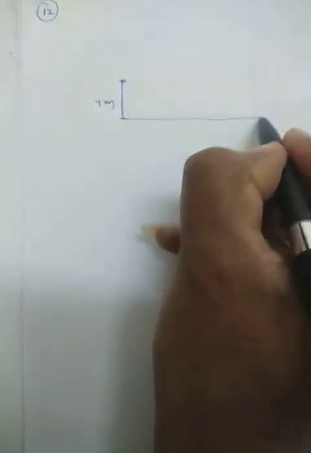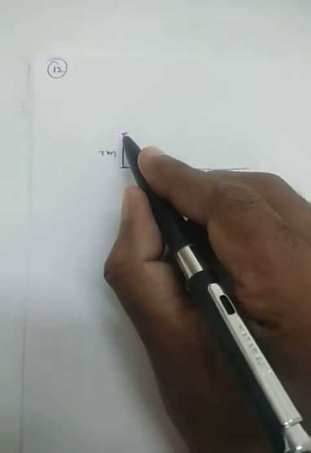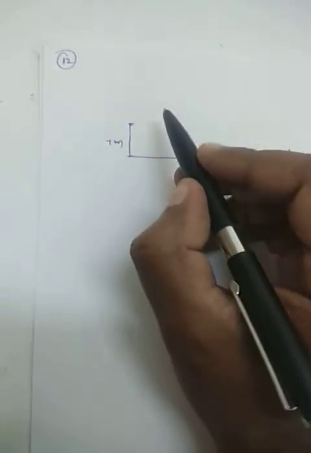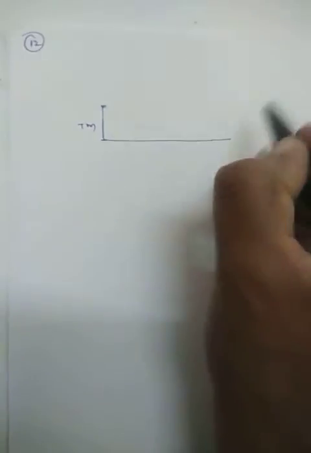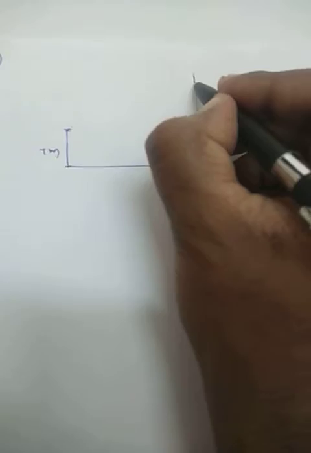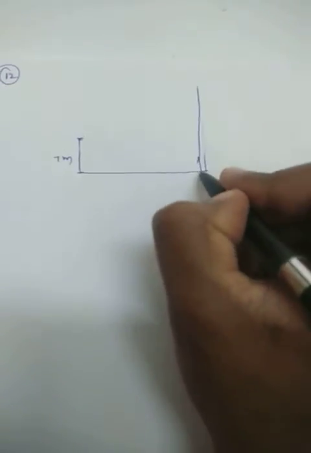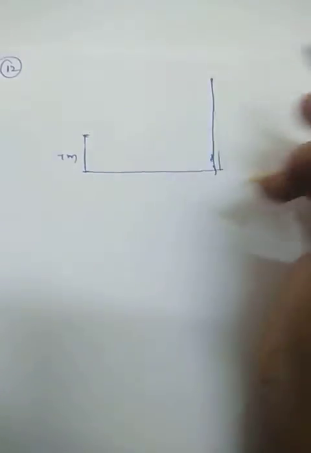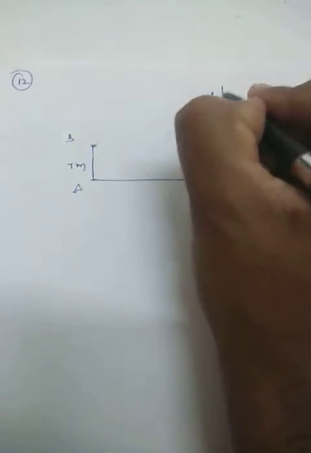So let us see what I am going to do now. This is a 7-meter building. From this point, if you observe, this is the land or earth. So draw a horizontal line. From this point, if you observe the top of a tower, the angle of elevation is formed. It will be like this. That means the tower is at a little more height as compared to this. So let us take this as AB and this tower as CD.